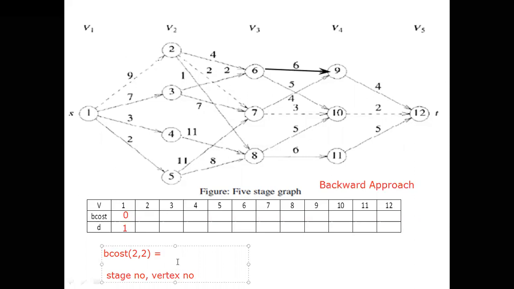How to write here? I will write minimum of. Actually we do not need to write minimum here, but I will write the basic formula as it is, because there is only one edge coming. Minimum of. Previously in the forward approach, we wrote the cost value first, nothing but the cost function, then the C function, right? But here we have to do it in the reverse way. B cost of, from where is this edge generating? From 1. B cost of 1, 1